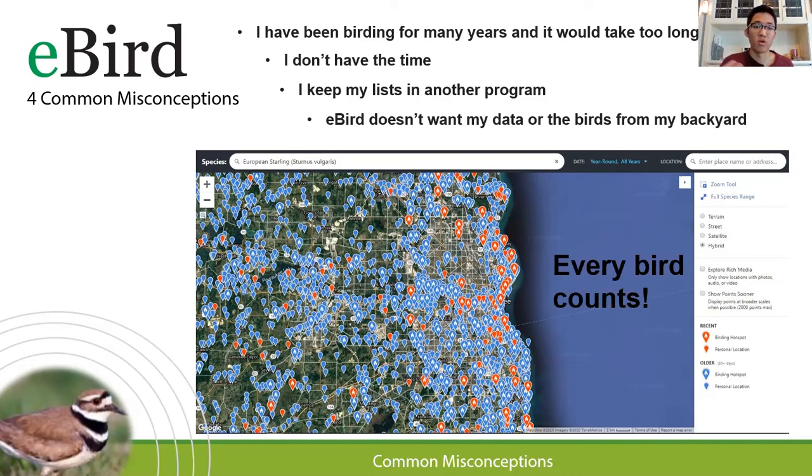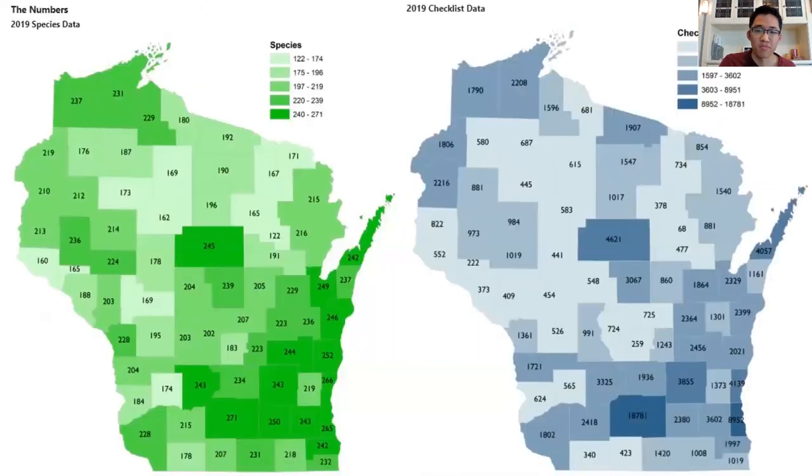For those that don't know, a European starling is an invasive species. And people are like, oh, you don't want invasive species data in eBird. But in fact, it really helps to know where every single bird is. That's super valuable. Here's a map of Wisconsin that shows